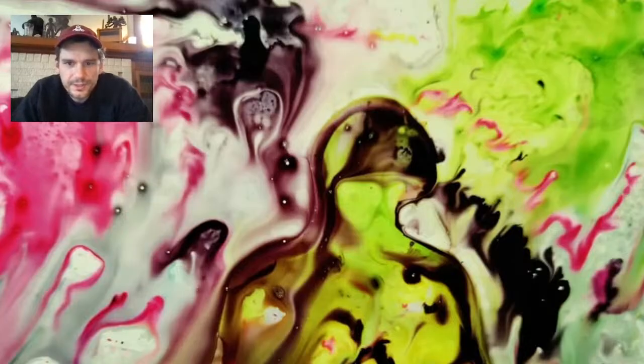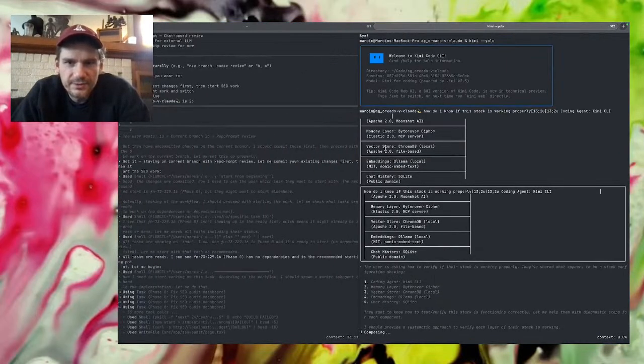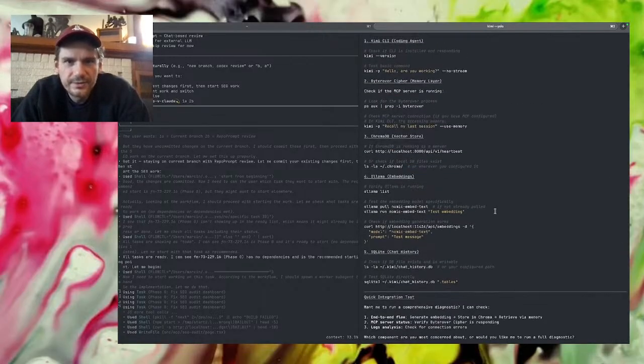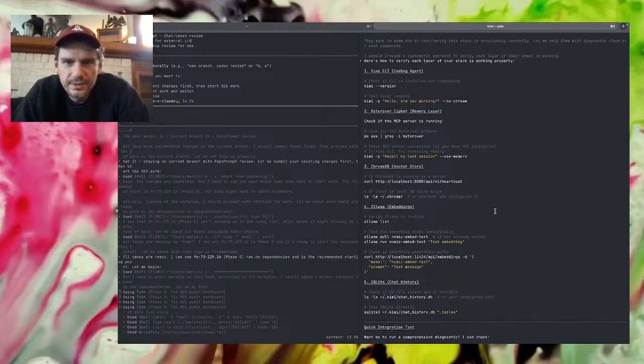Alright, here, I'll turn the camera. Basically, how do I know if it's working properly? I got all this stuff here. Is it working? Yeah, okay, Kimi's working for